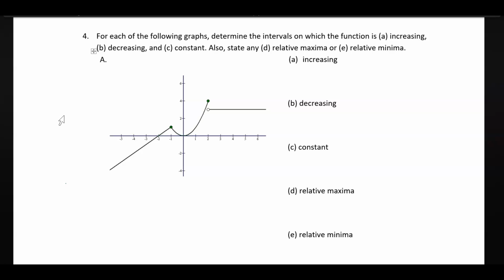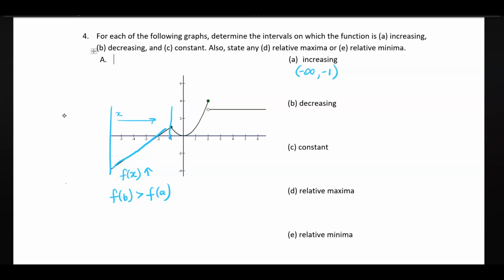So increasing, notice if I took this interval here and here, as x is increasing, as x is going towards the positive, we notice that the function itself is also growing. So that means that f of x is also increasing here. So it's growing. This is an example of f of b being greater than f of a. So in this particular interval, the interval from negative infinity, because we can assume that the graph is going further down, all the way to the point -1